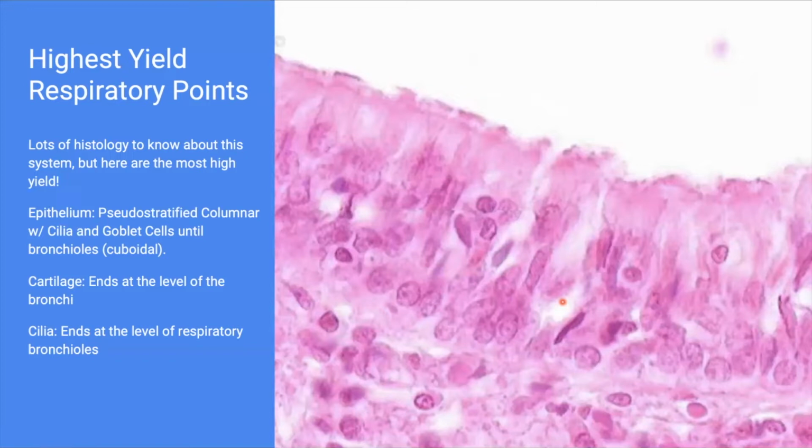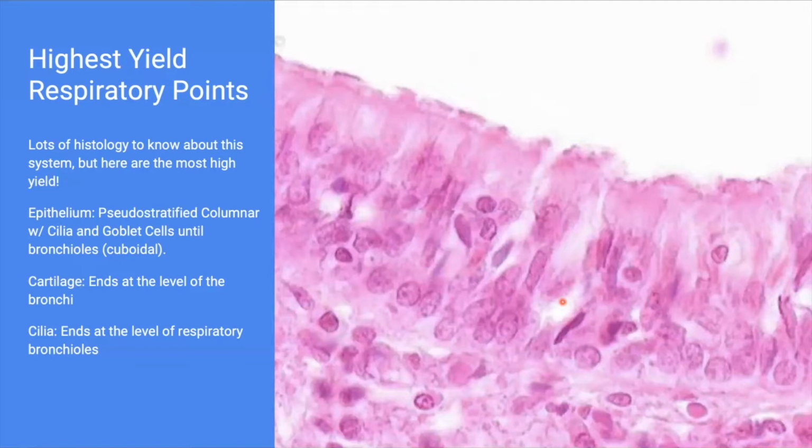Hyaline cartilage rings function to keep our trachea patent and open so that air is easily moved through that structure. And those cartilage pieces start to become a bit more irregular, but they're present all the way to the end of the bronchi. The absence of cartilage on histology slides should indicate that we are not looking at a bronchus